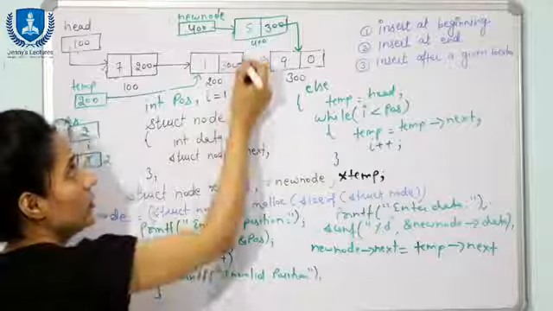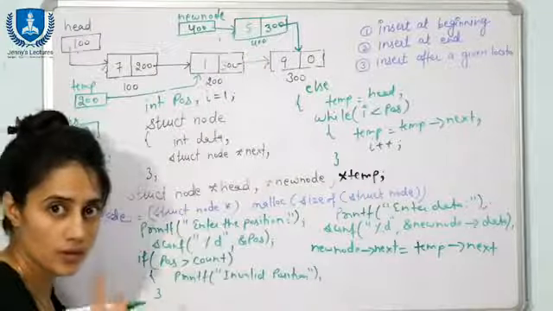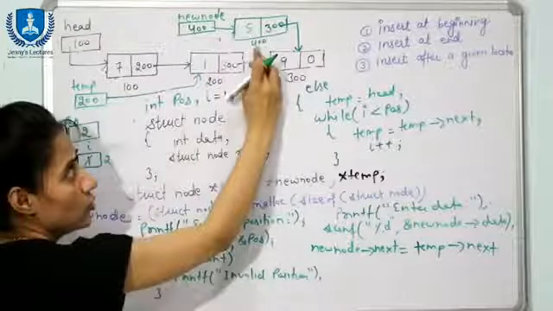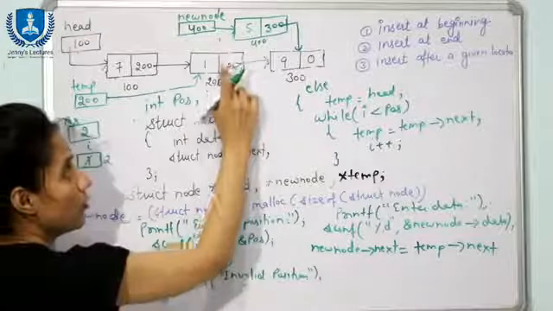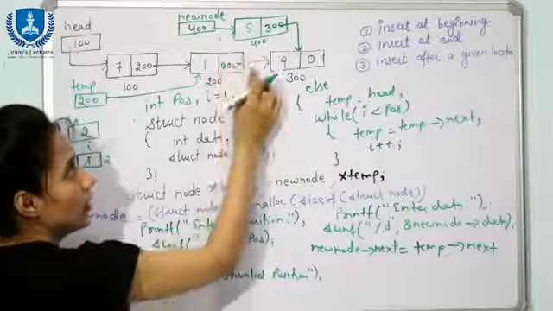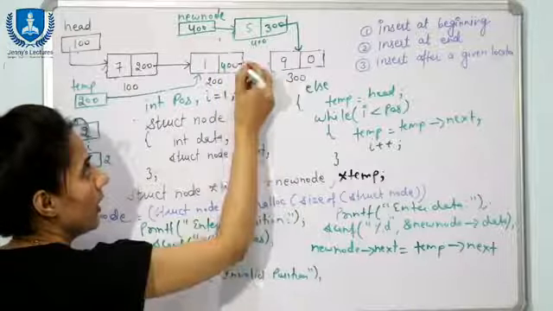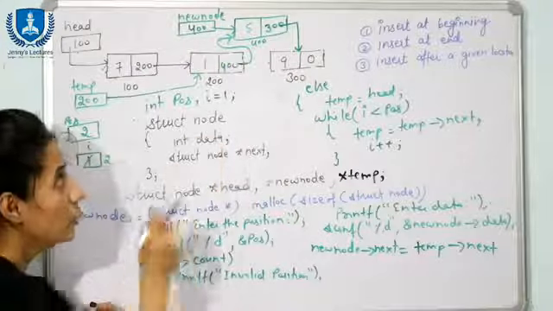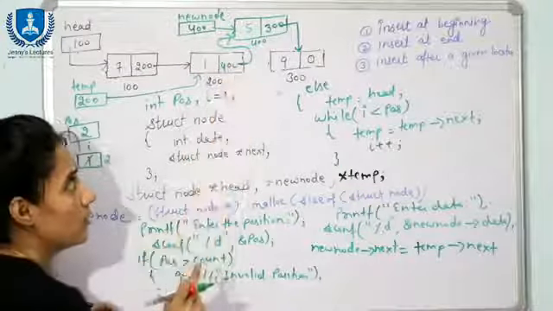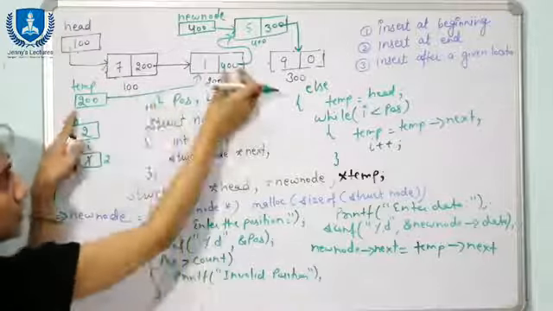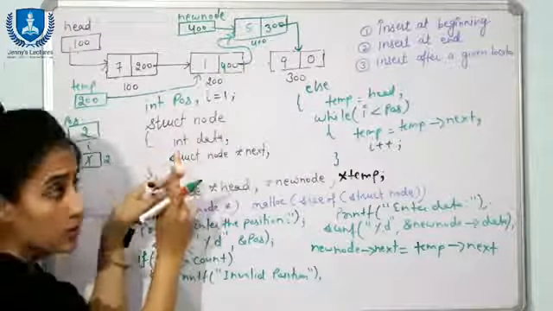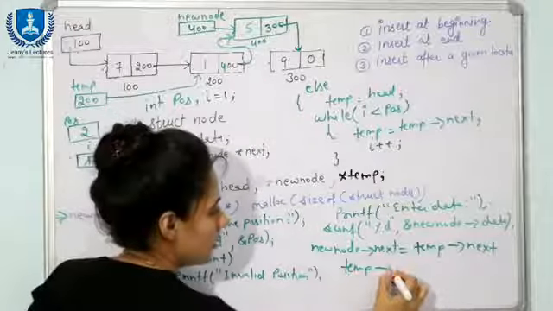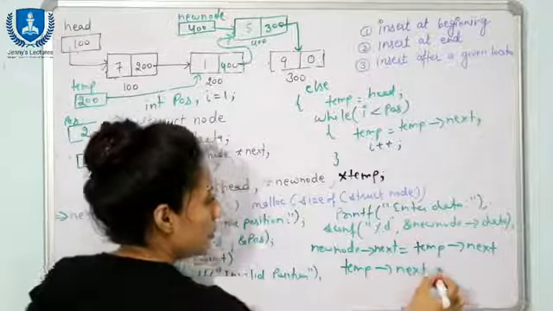Now we are going to establish this link. Fine. Now this node is going to store the address of the next node. Address of next node is 400, so you have to update this value. So here you will store 400. Now this link is going to be destroyed, and this node is pointing here now, right? So how will you update this 400 value? See, you can access this part using the pointer to this node. Pointer to this node is temp. So here you will write temp next.